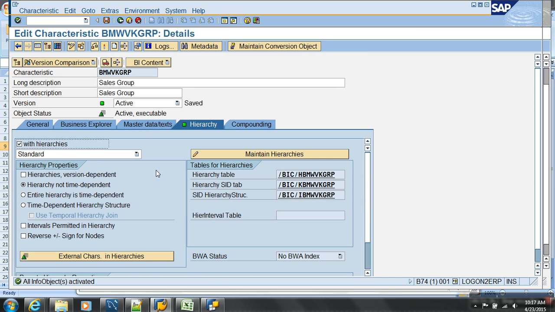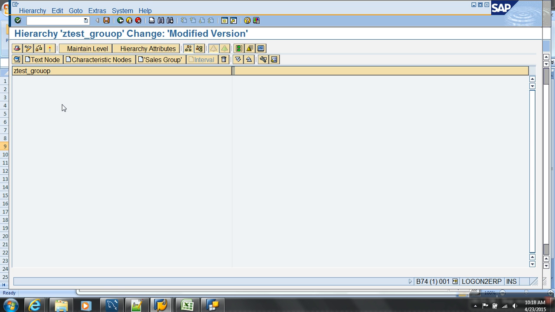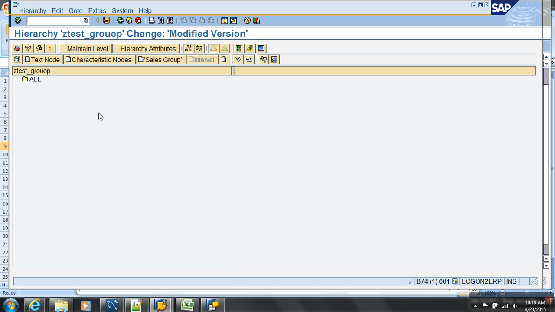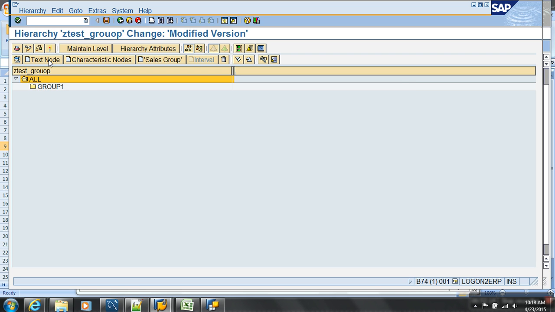I'm not loading, they have not given any hierarchical data. I'll let it be manipulated in BW itself. So what I'll do? What is this button? Maintain hierarchies. Say create Z test group. Okay. Now I want to create nodes, text node, all. Okay. Under all I need one more. GROUP1. Again under all I want